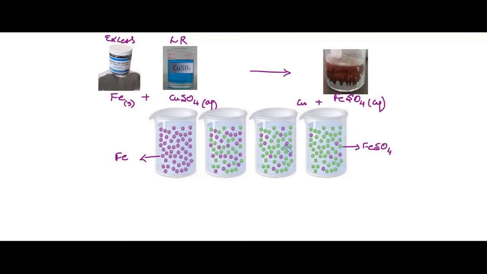Obviously, that will be reflected in the rate of production of FeSO4 as well, meaning as time passes by, the rate of reaction will slow down. I'll repeat again. Initially, the reaction rate will be really high because there are a lot of reactant molecules. As time passes by, the reactant molecules get slowly reduced. So the reaction rate, or the production of iron sulfate, also gets reduced.